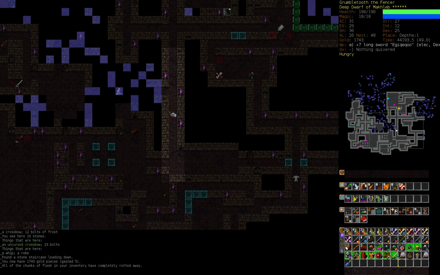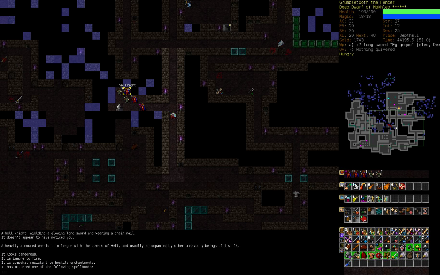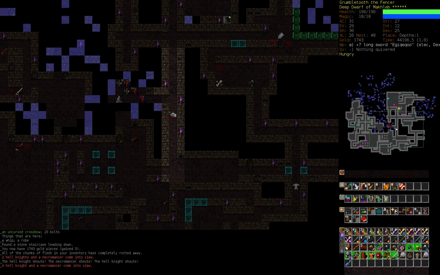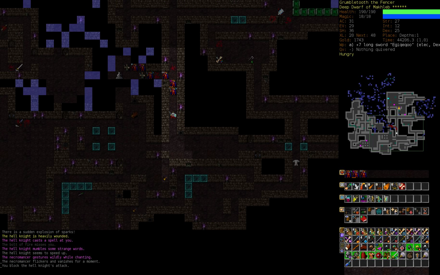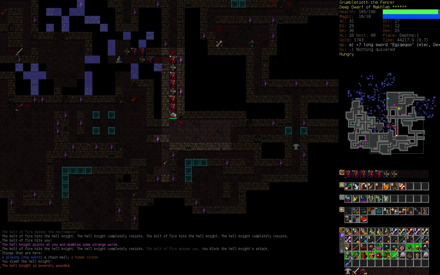It's a very twisty, turny Depths level. Ooh, Hell Knights. We should be able to kill Hell Knights. I retreated from some in the Hall of Blades earlier, because they came in conjunction with a number of other...